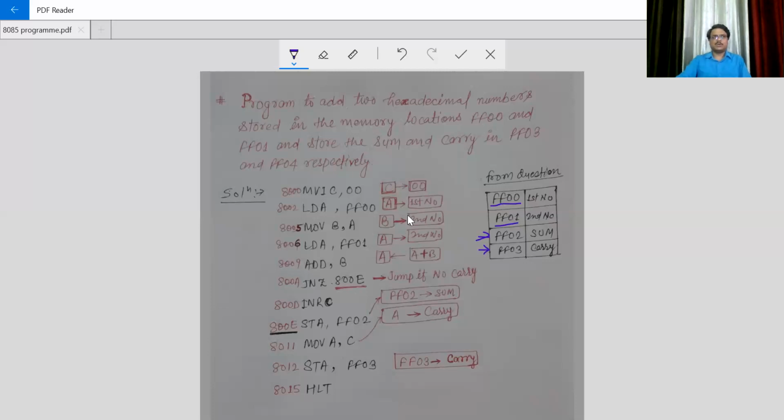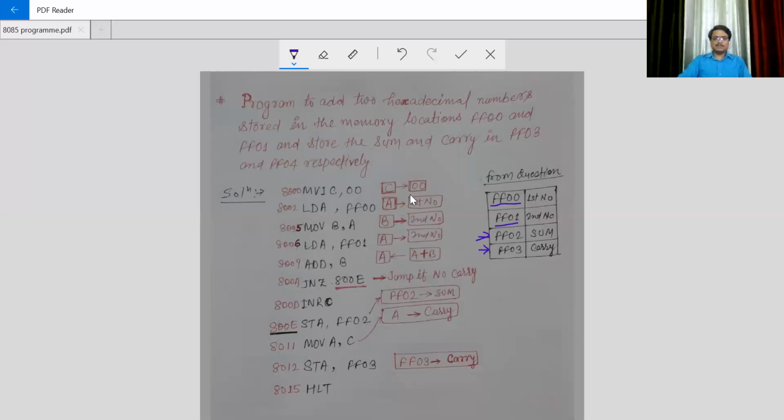So let us see what we will do. We will move 00 into C. Why are we doing this? Because we also have to calculate the carry.